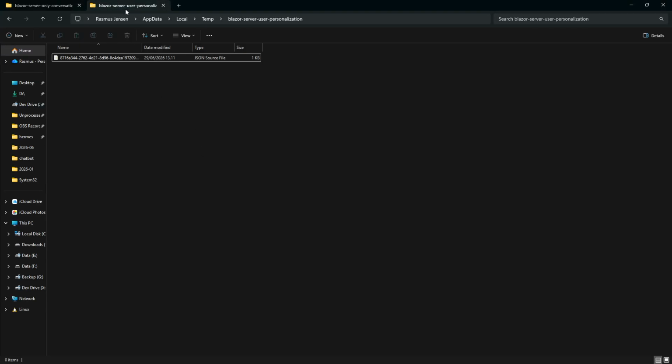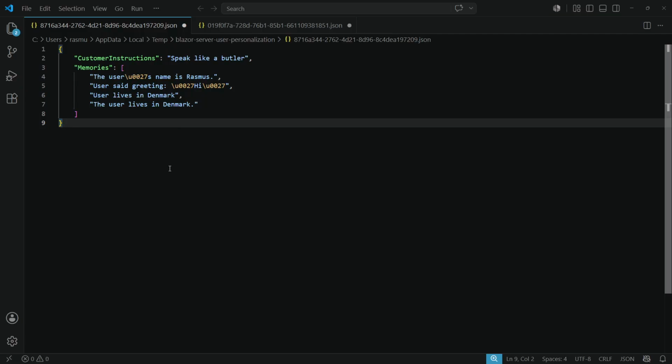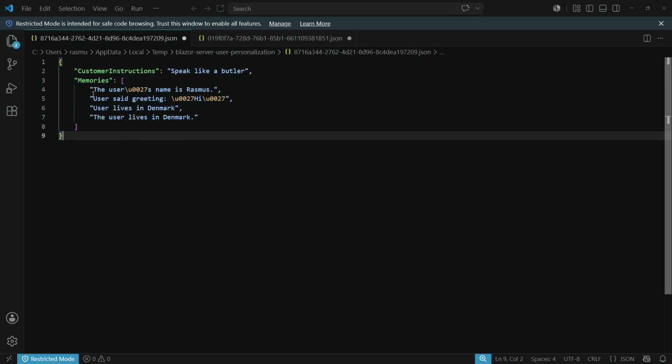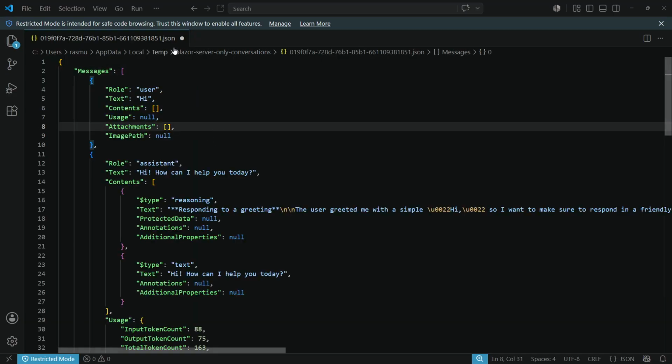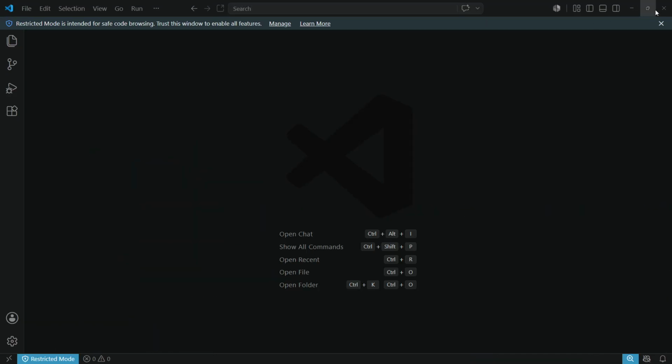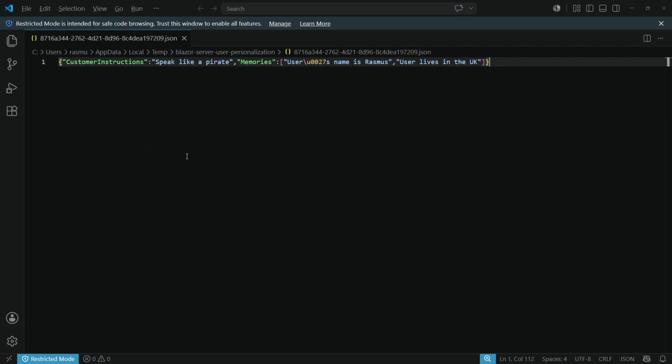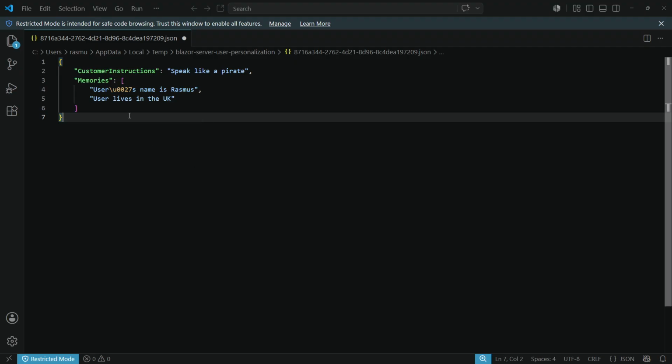And if we look in that folder, it's here. We have the personalized file, which looks like this, where it has, oh, that's an old one. Let me get rid of that. There we go. So it knows the user's name is Rasmus and the user lives in Denmark, and the custom instructions.